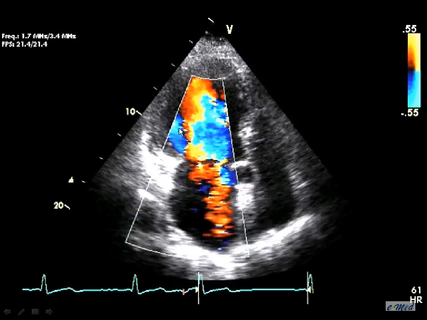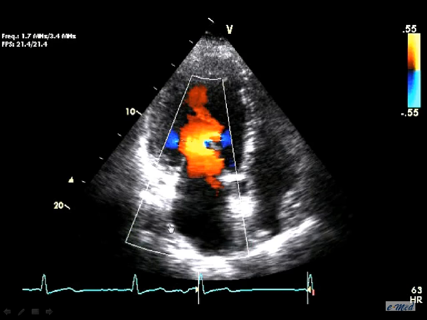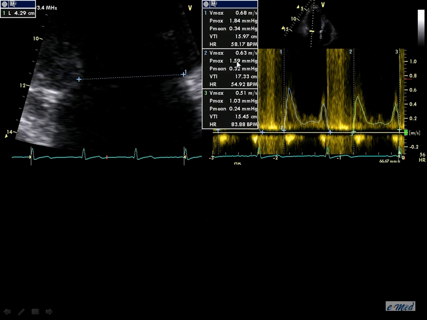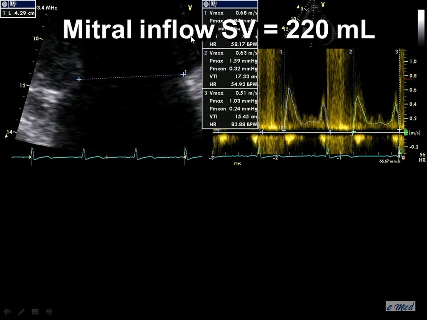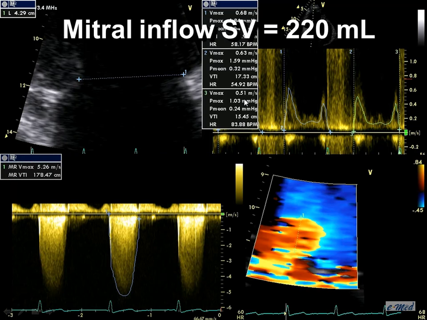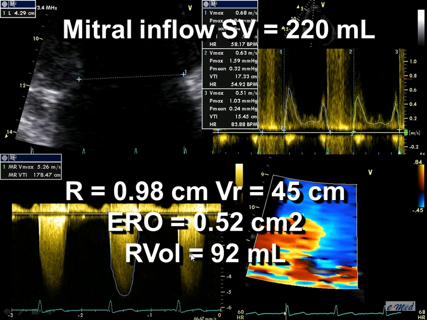And you look at the color, you say, maybe a little more than what I expected. And then you do the quantitation, and you have a large mitral inflow, and you are able to look at the PISA, and you quantify,